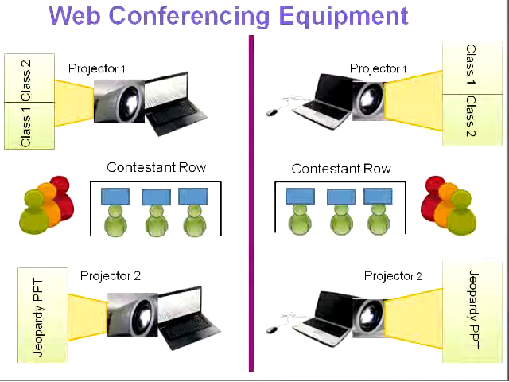But what we did was we had 2 projectors in each classroom. We had a contestant row where the 3 students would come down. They would answer a math problem and ring a bell once they had their answer and show it to the projector. And then if they were right, the class got a point. And we tried to go back and forth and make the points even.